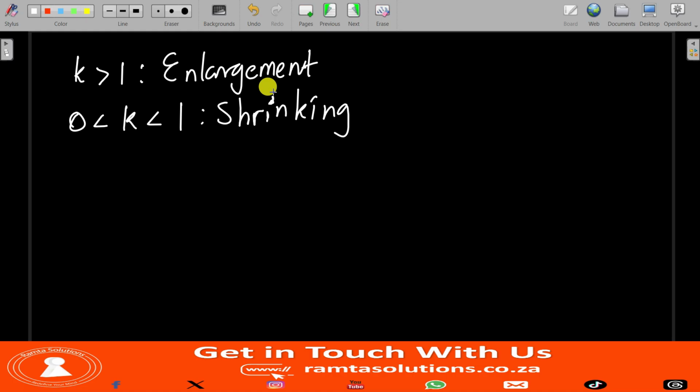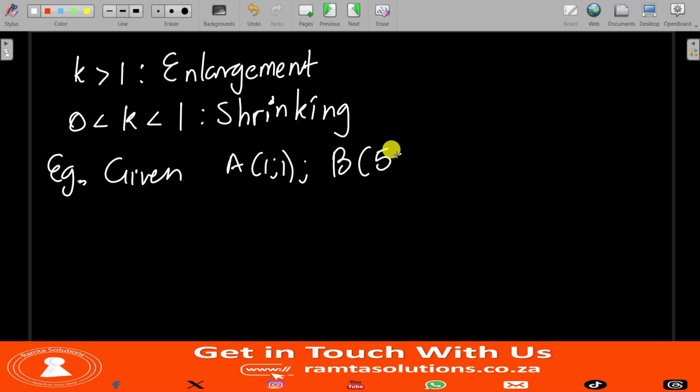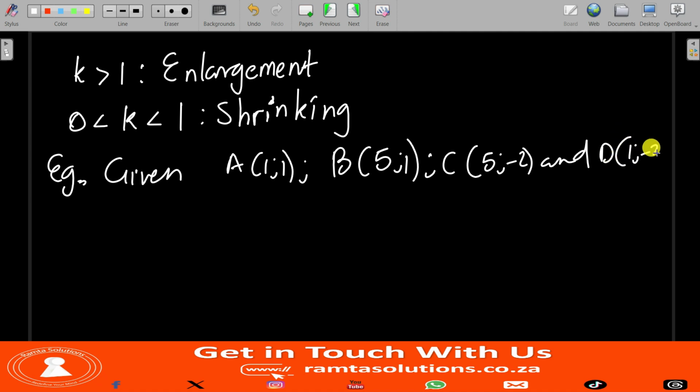A question could basically tell you, let me do it like this as an example: given A with coordinates 1 and 1, B with coordinates 5 and 1, C with coordinates 5 and -2, and D with coordinates 1 and -2,